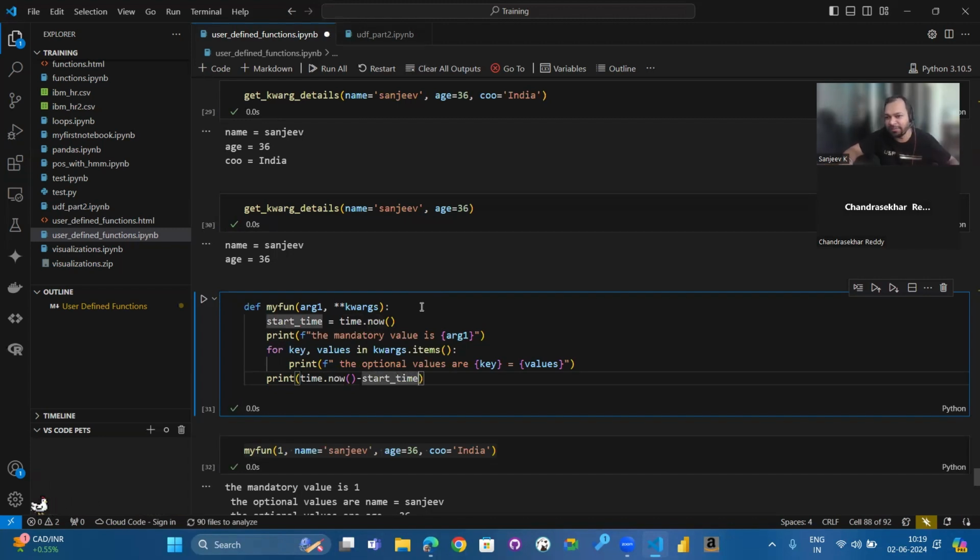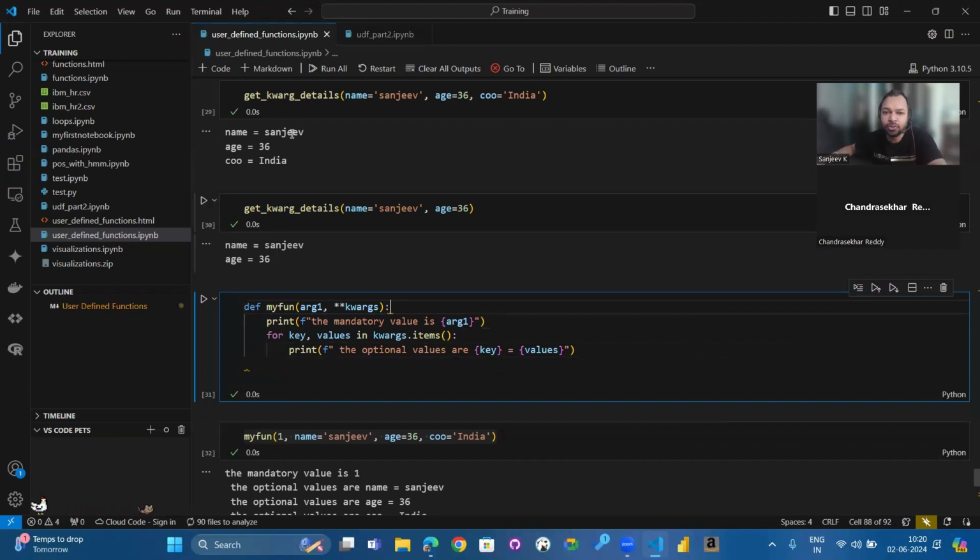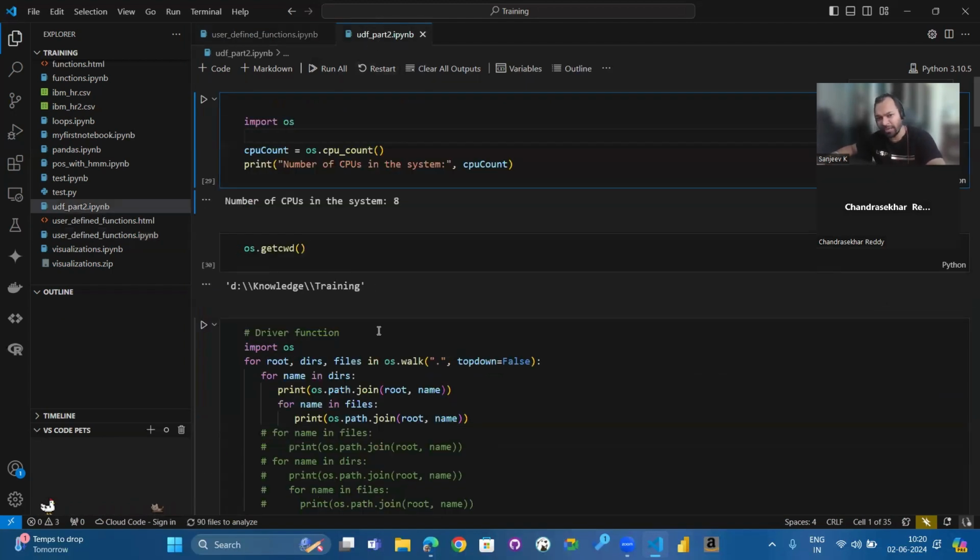Okay, this will give us the time difference for each function. But imagine if you have hundreds of functions, everywhere you are writing these two lines. So what's the easiest way? You want to achieve the same functionality in all the functions, irrespective of what the function is doing. I want to understand how much time it is taking so that I can improve my application's throughput. For that purpose, you can use a decorator and apply it for all the functions. So I'll tell you how we do that.